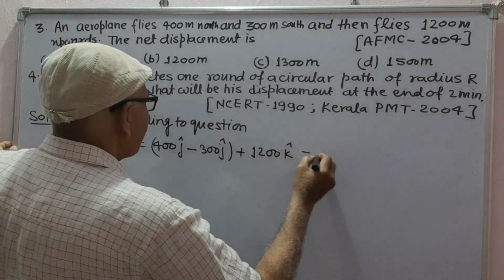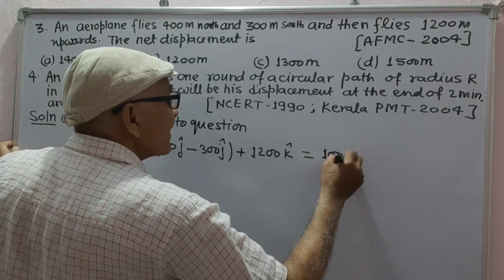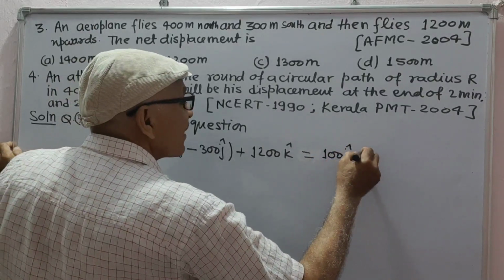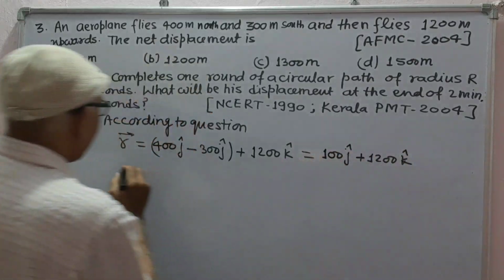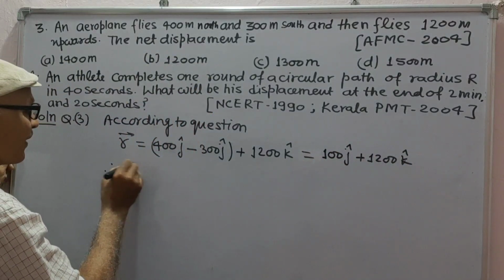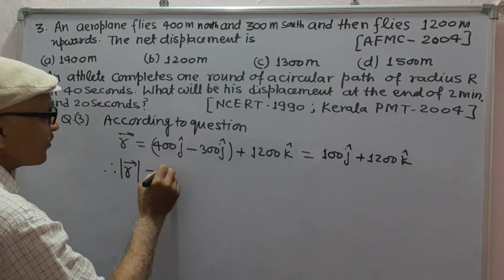So, it gives 100 j unit vector plus 1200 k unit vector, and therefore, the mode of displacement vector will be equal to